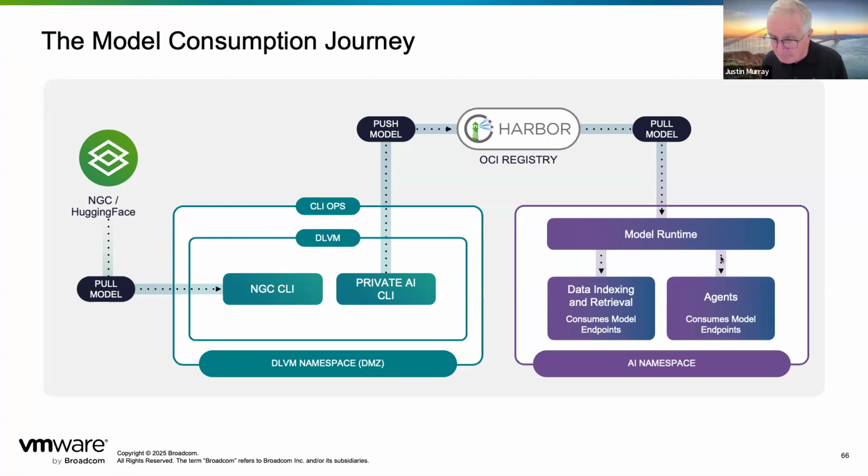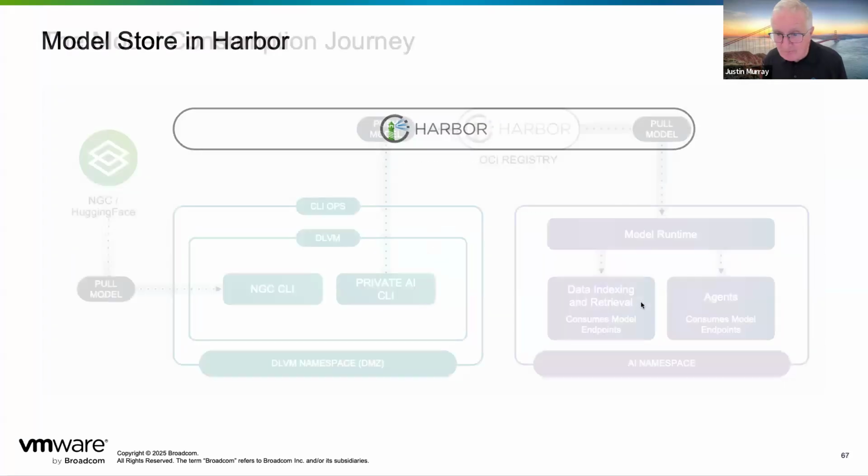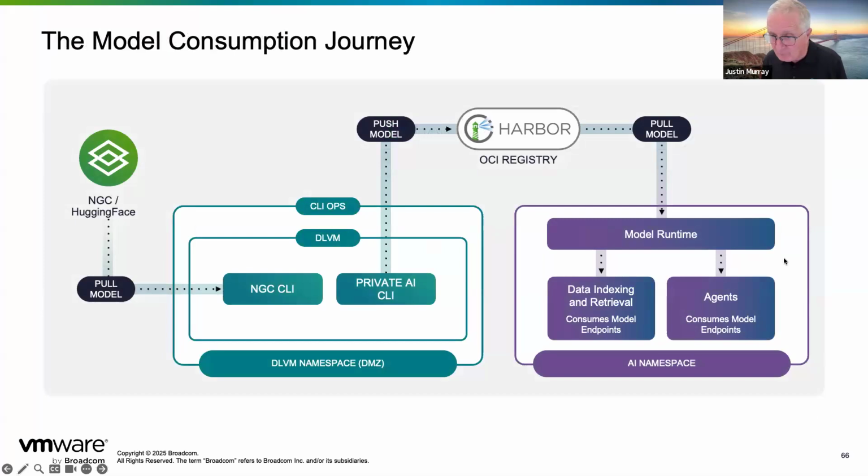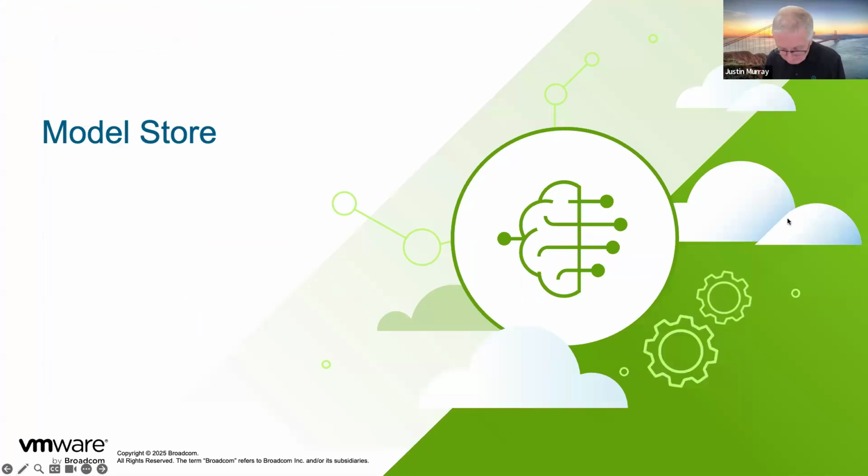And that application will be built by a new service called an agent builder that we'll be shipping out to you in the future. And they can run that on a model runtime like the NVIDIA NIM or another runtime that we will supply. And they can make data indexing and retrieval, which is the loading of data into the vector database, much easier by means of a new service. All of that is running on top of Kubernetes on the right-hand side. So deep learning VM on the left, Kubernetes cluster on the right-hand side, running all of these functions that we'll supply to you to run them.